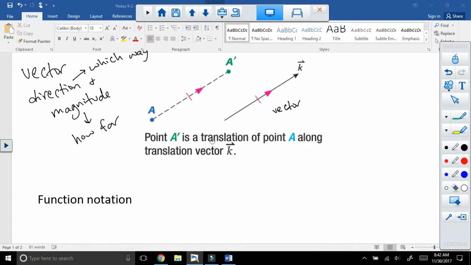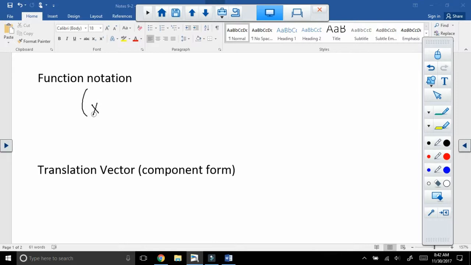There's two ways that we can write vectors out. For function notation, it gives you a coordinate, and it'll simply say what you're adding or subtracting to that. So maybe it's x plus a and y plus b, and these are just going to be numbers. You could also be subtracting from those, and if you like this way, you can just add numbers to all of your coordinates or subtract numbers from all your coordinates, then graph those points, and you'll have your translation. This is the less popular way to have it written because it's more work